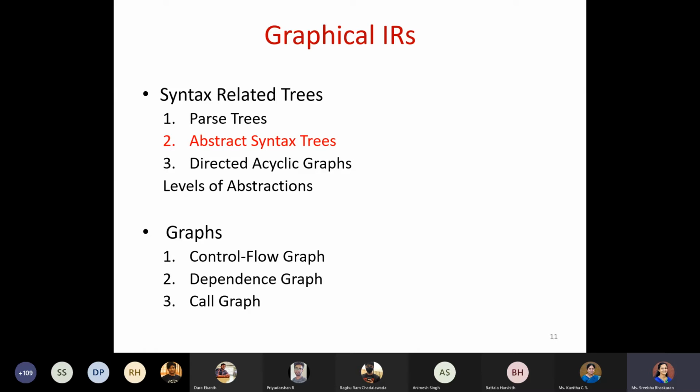Show in the sense in the third phase, that is in the last phase where you are going to have your instruction scheduling, register allocation. During that time, those are the people who are going to take these informations, right? Yes, ma'am. Okay. So how you want to represent it? That is what I initially itself have told. It is like abstraction. So, what level of abstraction do you want to hide behind?